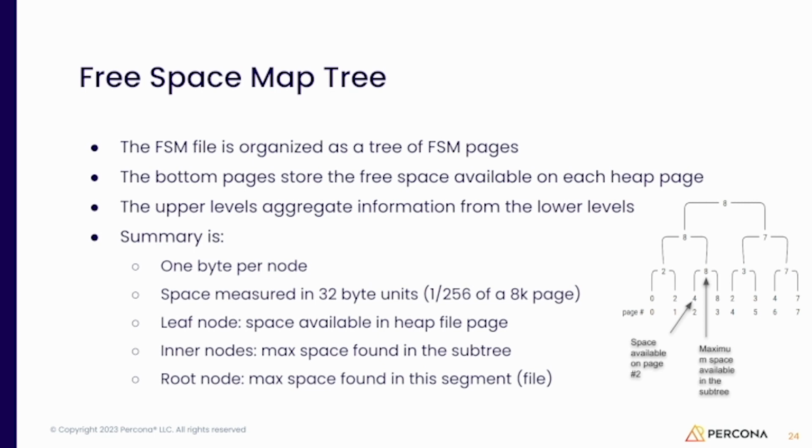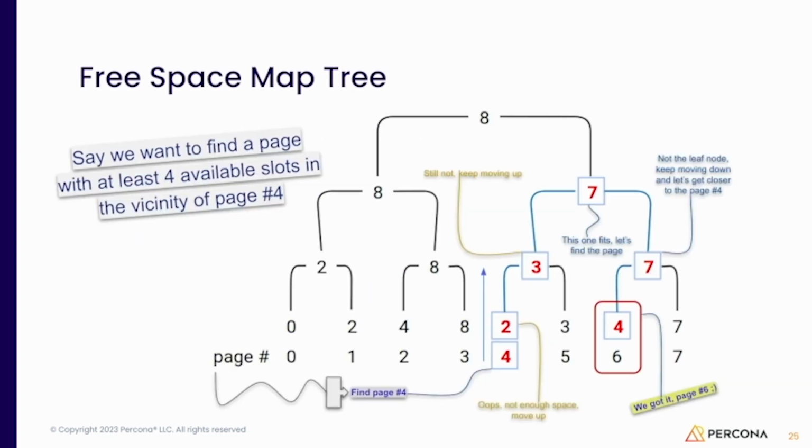So it's a lot smaller tree, and it works traversing the tree from the bottom up. Let's say I need to find someone that has a slot that is at least 4 available slots, right? So 4 is 32 each slot, so I'm saving something that's around 132 bytes. So how does it work?